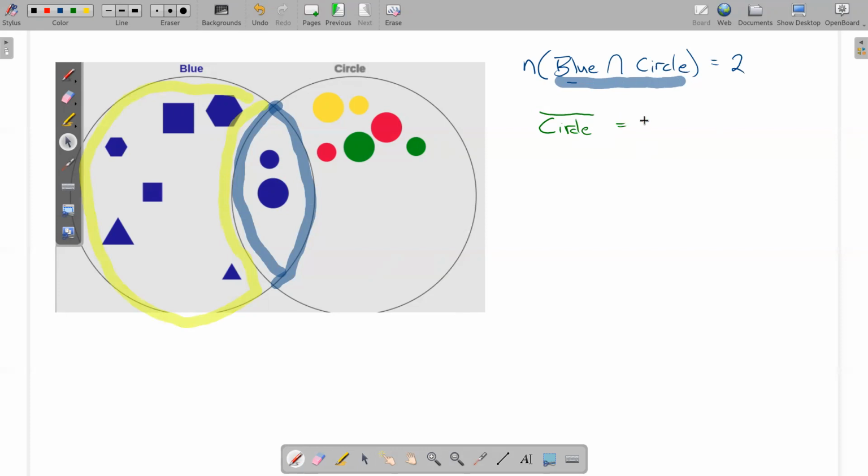The book likes to write that by putting a little apostrophe, and some people like to put a little C there to go with it. I like that bar notation better. So that would be everything outside of the circle set. So I'm just going to do a little smaller drawing of that